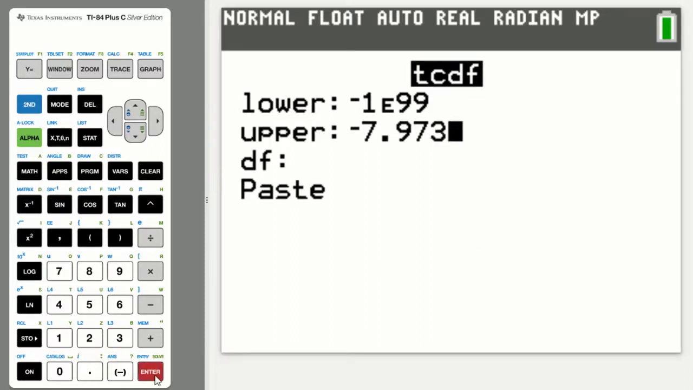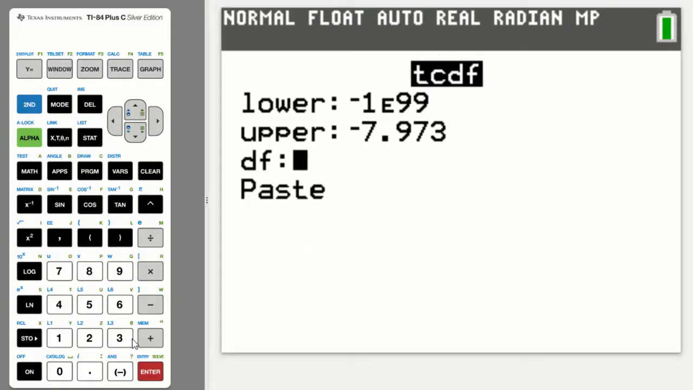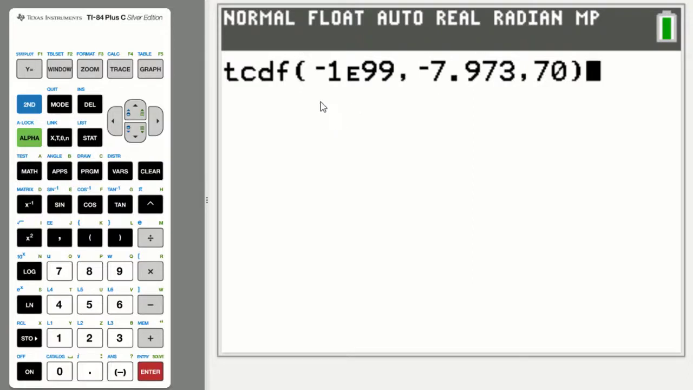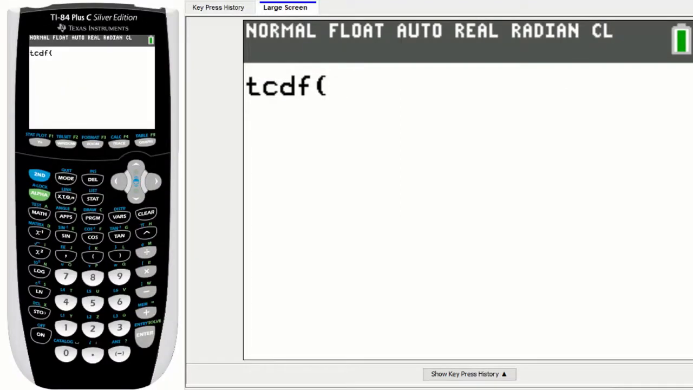And I'm going to hit enter to proceed to the next line right here, which asks for the degrees of freedom. And here we're looking at 70 being our degrees of freedom. And I'm going to hit enter a few more times, getting ready for this command. And so now in that way of seeing how this command looks right here, then on the TI 83 or